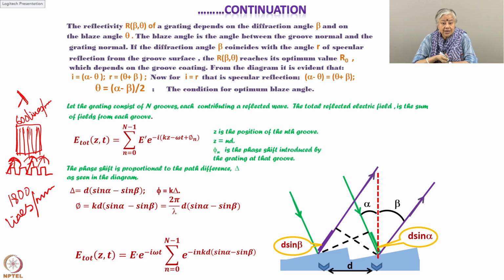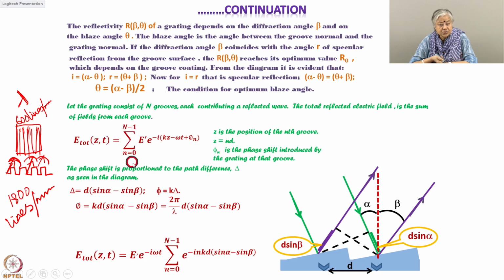Okay. So, here I have E total, that is total. This is some of the derivations which I have done before also in previous lectures. It is similar to that. I have this electric field, E, I have given as the electric field. As you know, the total electric field out of all these small electric fields from the grooves will be proportional to Z, because Z is the physical direction, and T, the time also,